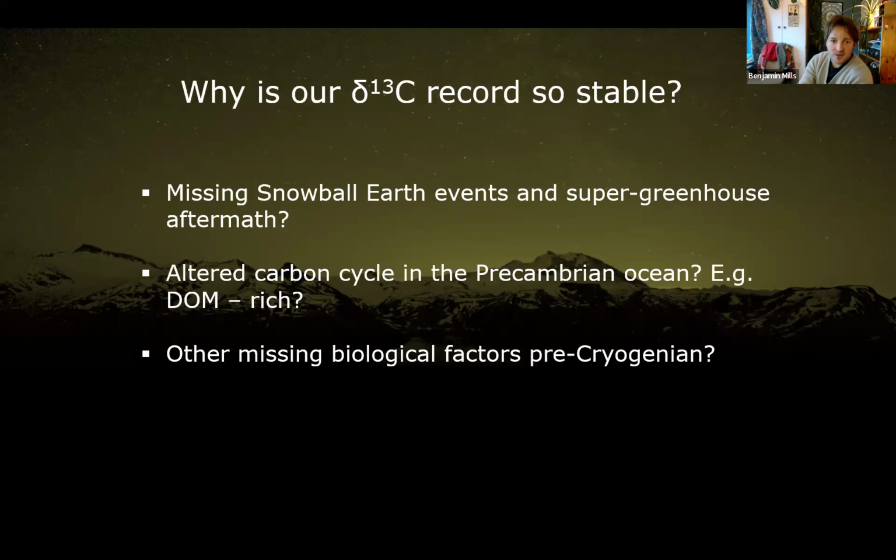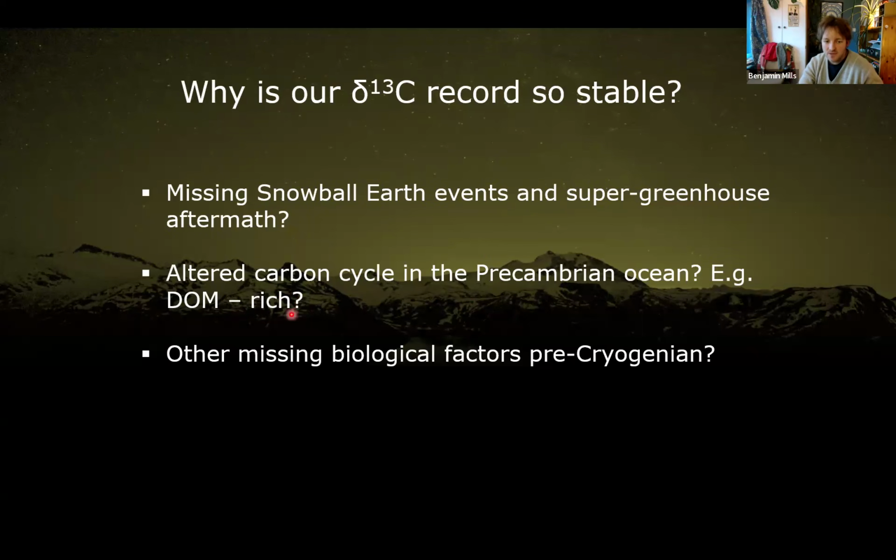I came onto this a little bit. Why is the 13C record so stable in the model? Well, we haven't actually got snowball Earth. So any attempt to run a model through the Cryogenian that doesn't at least produce something that looks like snowball Earth in the record probably isn't going to do things that are very realistic in other proxies. So perhaps some idea to parameterize what may happen during snowball Earth in this model will lead to a better recovery of 13C. If these events do terminate in some sort of super greenhouse aftermath, that can certainly be something we can imagine raising the 13C ratio, inputting a lot of nutrients into the ocean, that kind of thing. Potentially testable in this model.